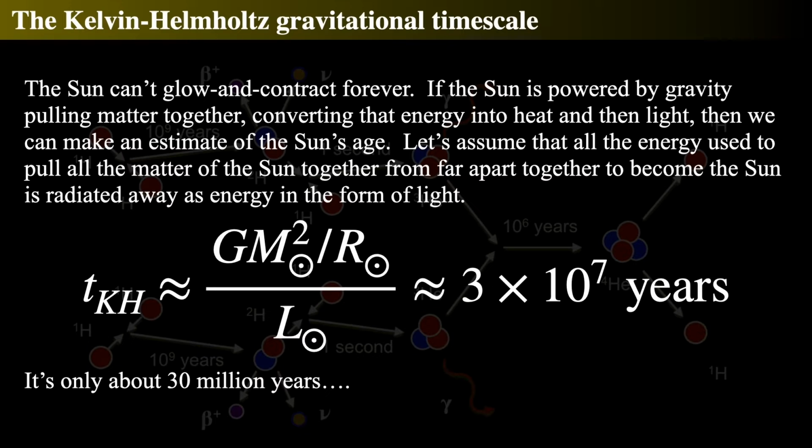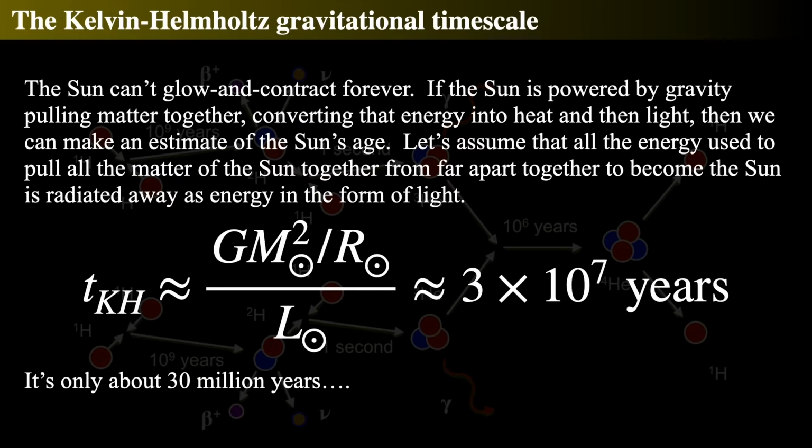So you can't glow and contract forever, and if it does power that, then we can assume that the gravitational potential energy is GM sub sun squared over R sub sun. So this is the total amount of gravitational potential energy if you take all of the matter of the sun and spread it out to infinity, way out, and then say, okay, now let's take all of this matter, pretend it was at infinity, and let it all fall together to form the sun. And so as it falls together, it loses energy. And that total amount of energy it can lose, going from infinity to as small a point as you like, is the